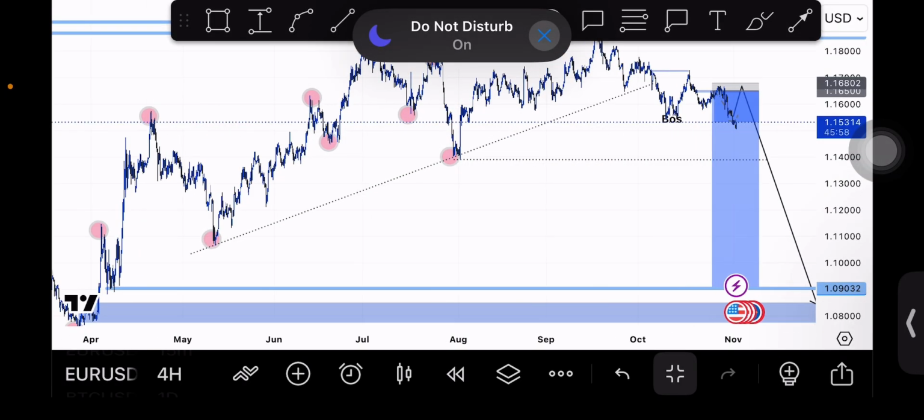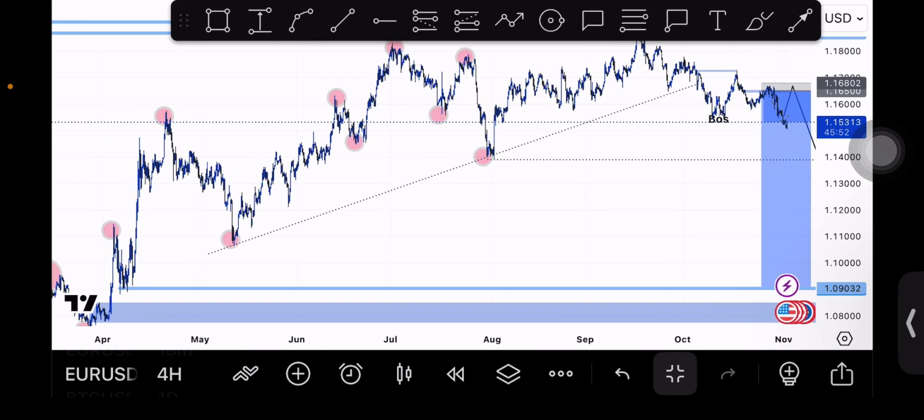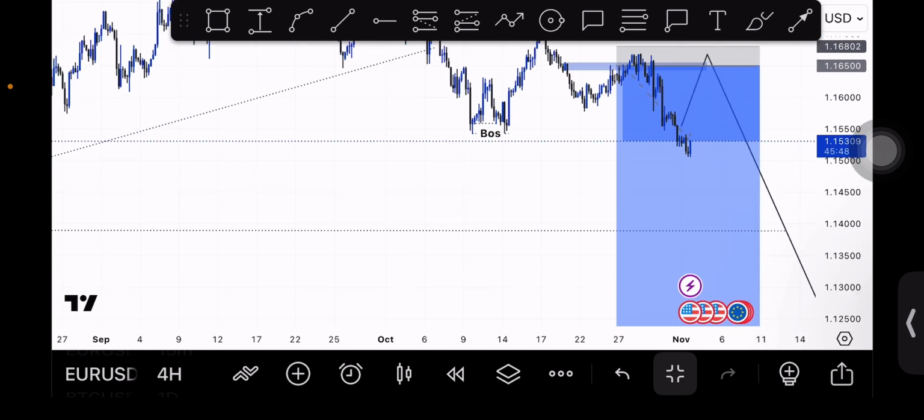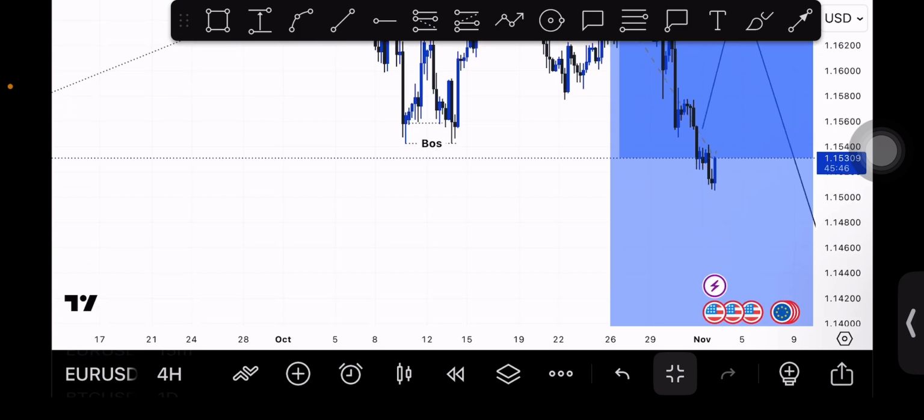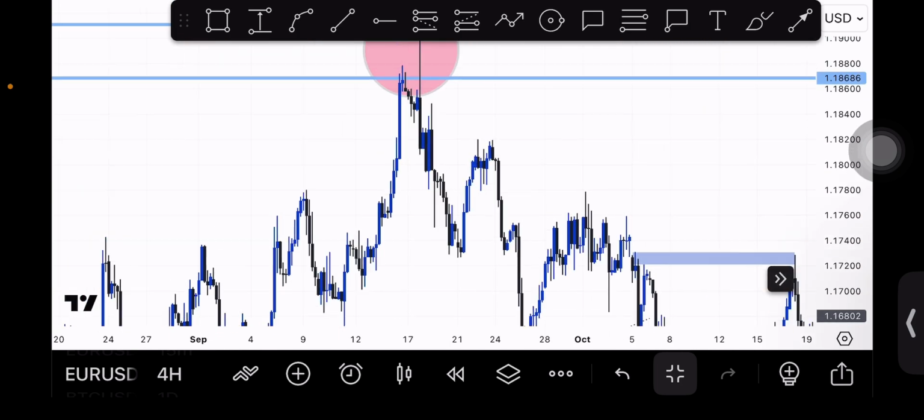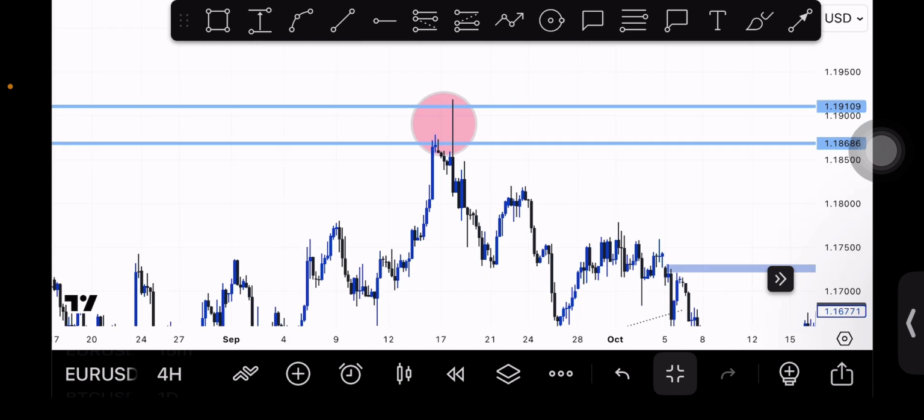So guys, I'll be doing a quick breakdown on Euro USD. Let's zoom in so we can see why we're selling off Euro USD. On the 4-hour time frame, we find out that this is the last high, right? This is the last